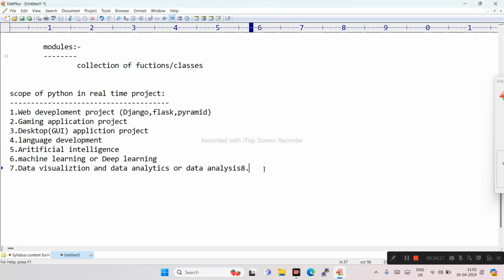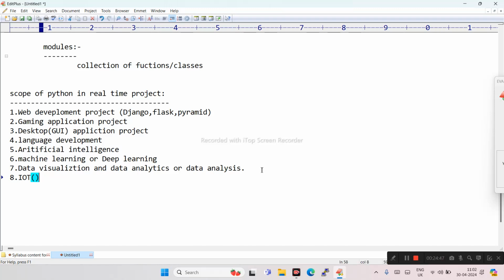The next one is IoT based applications. I think you have heard of IoT, because nowadays most applications are developed in IoT. IoT is nothing but the Internet of Things.